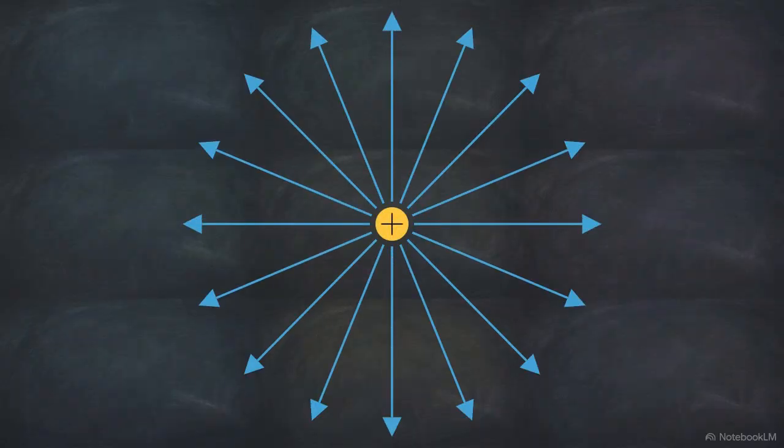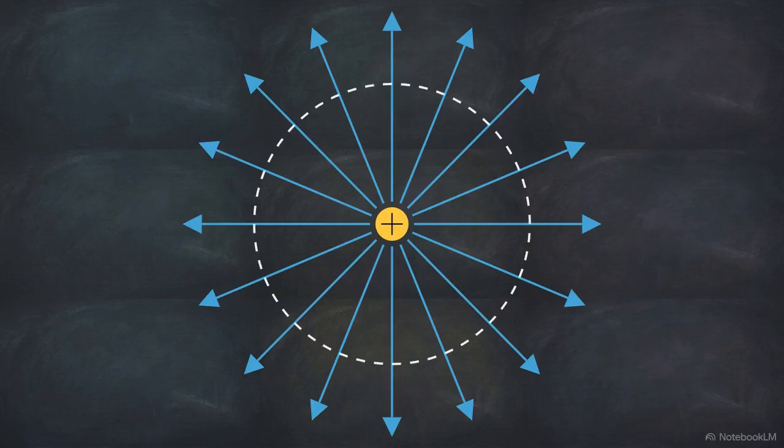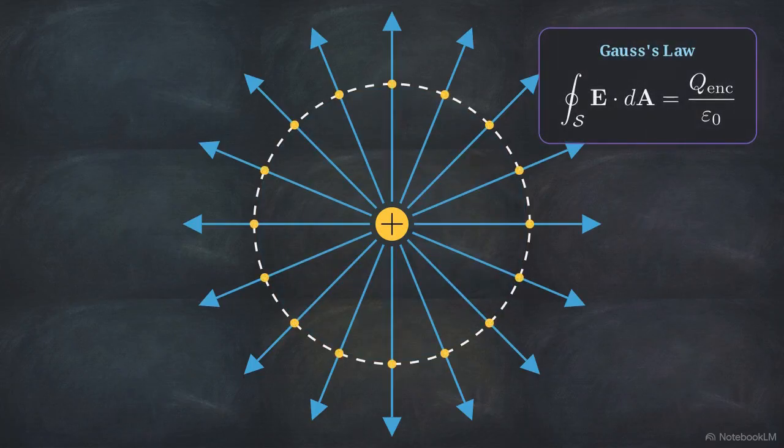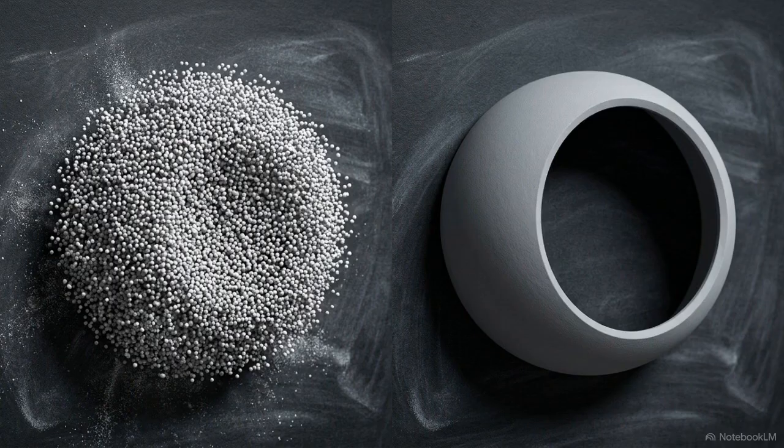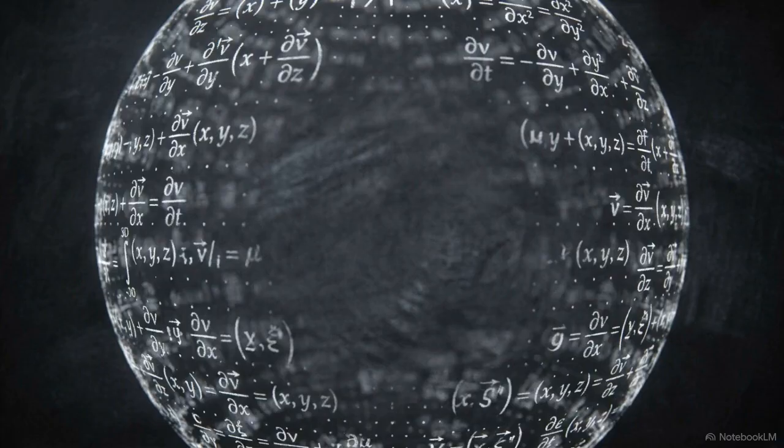In electromagnetism, this is how we calculate the total electric flux of a charged particle. To find the answer, we enclose the particle within a hypothetical spherical boundary. Physicists don't need to integrate the electric field at every point throughout the empty interior volume of that sphere. Using Gauss's law, they compute the flux purely at the surface by knowing only the value of the enclosed charge. By applying the divergence theorem, the volumetric calculation is replaced by a surface measurement, making the field's behavior solvable through